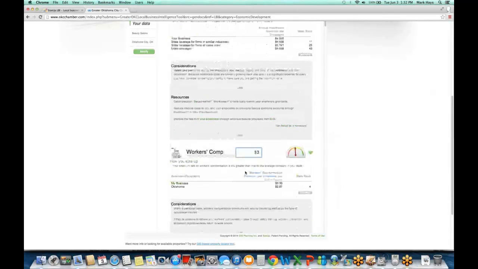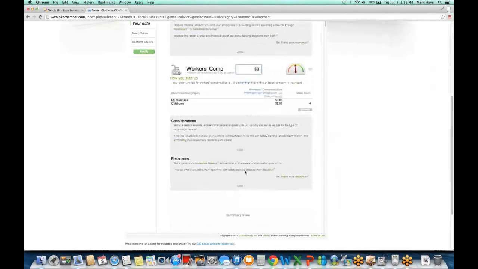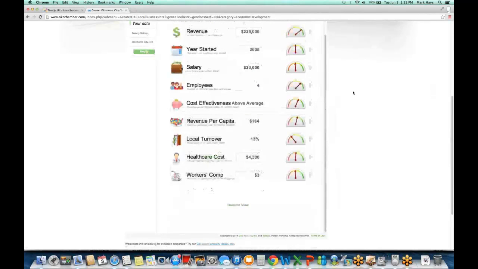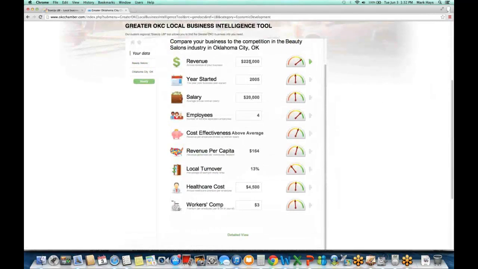Making sure that you're doing a proper amount there, because unless someone told you, you probably don't know. And at the end, there's a summary view button with your category and what your number amount was, and it couldn't be easier to read: an arrow that goes green, you're doing good. A child could figure this out. So over in the green, you're doing well. In the yellow, you're kind of average. And in the red, those are the areas you need to work on.